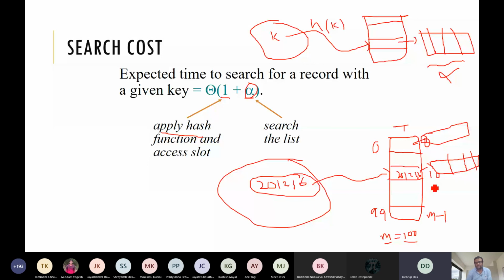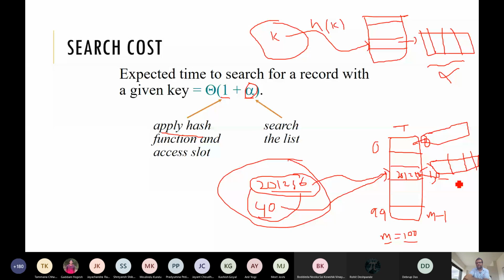Sir, how do we basically link the two in case of chaining? In case of chaining, suppose there is another key, 40, which is mapping to this same slot 10. So h of this is 10, h of 40 is also 10. In that case, what do we do? We have another array over here. For implementation, we can use malloc or calloc to create the node, and in that node the data field will be the key value, and we have a pointer field over here. So we can have just a list over there.